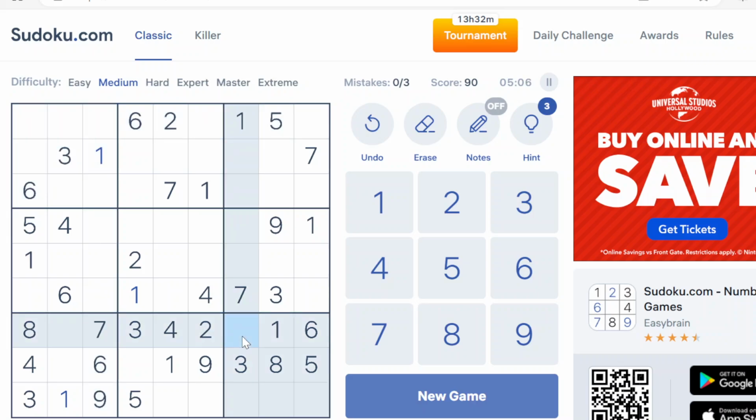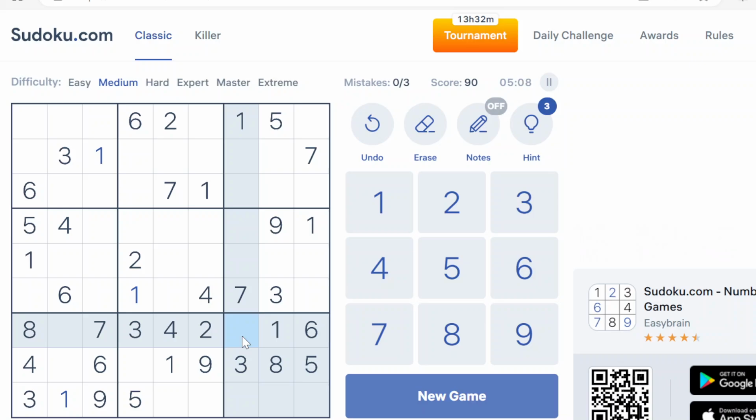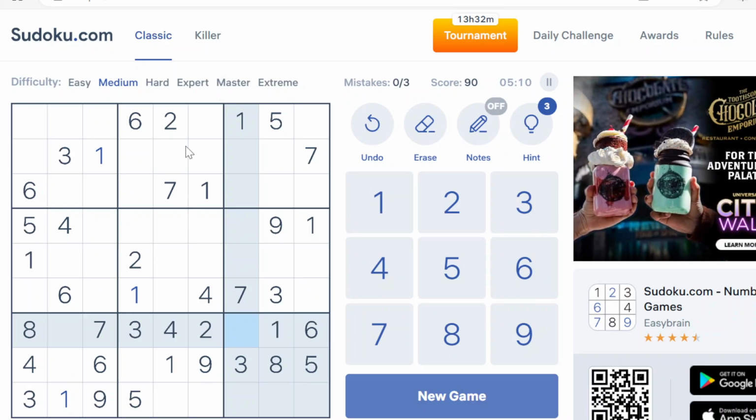And yeah, so just looking at this grid, I think the best approach currently is maybe we could try to finish either one of these 2 rows because they're already almost complete. So this one only has 2 out of 9 slots left, and since each row can only have each number from 1 to 9 exactly once, we know that the remaining numbers can either be